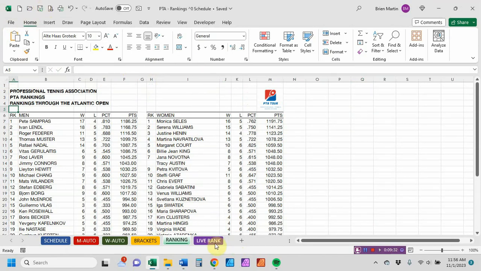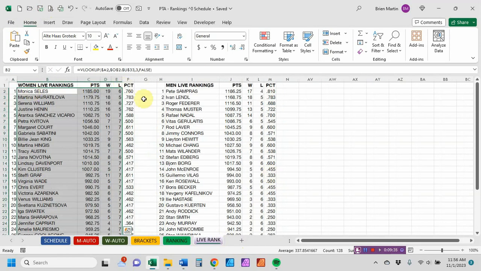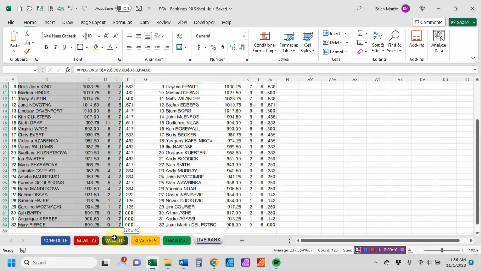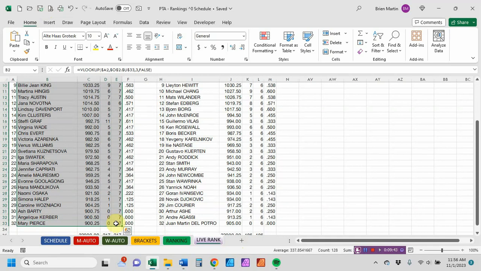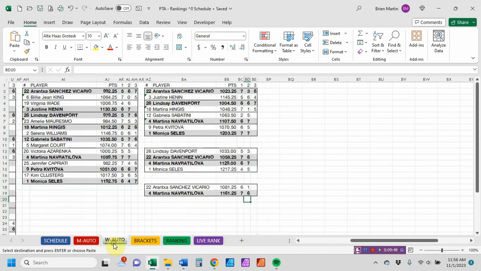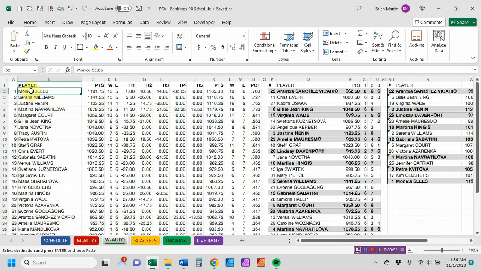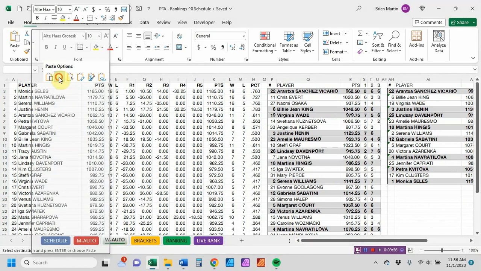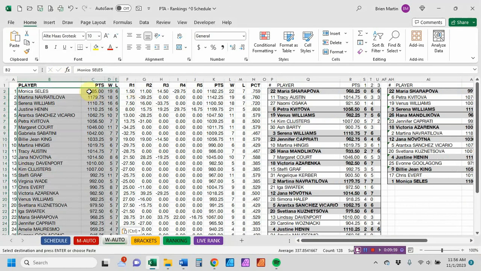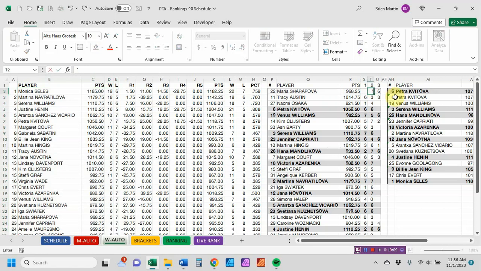Okay, all my changes. When you're done, start with the women and copy the first 4 columns. Everything with the player's name. So you Control-C. Don't copy the percentages. Go over to the women's auto. Go all the way over to the left. And just do a right click and paste special values. And you'll notice that now everybody's in the order that they were in. You'll notice that these numbers have changed a little bit. That's because there are scores here, and then all you do is a single apostrophe, apostrophe, apostrophe,